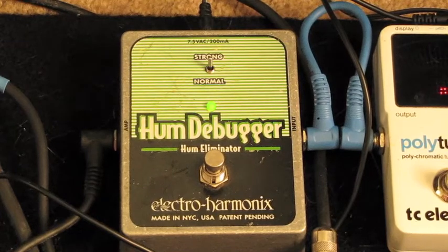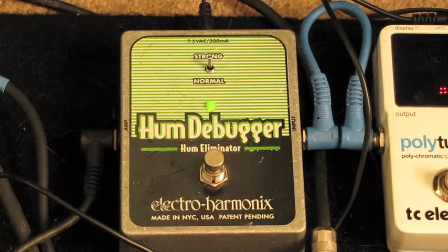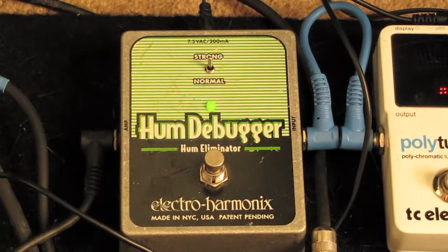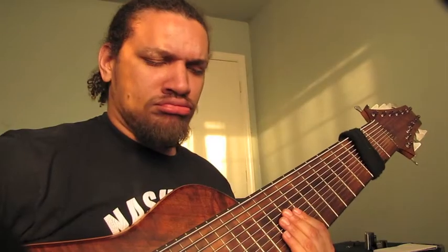The next pedal on my pedal chain is my Electro-Harmonix Hum Debugger, a hum eliminator. Now, the reason why that's second off is because I have an 18-volt preamp in my 12 string, and it's a little noisy. Just put it in close proximity to any light source, and it's just going to make noise. That's kind of the nature of the beast, the nature of having pickups that large. So, this gets rid of all of